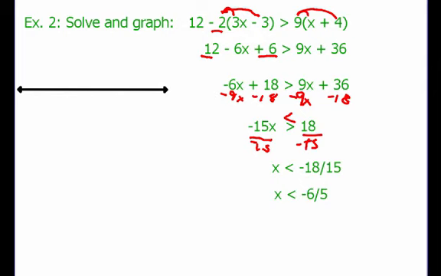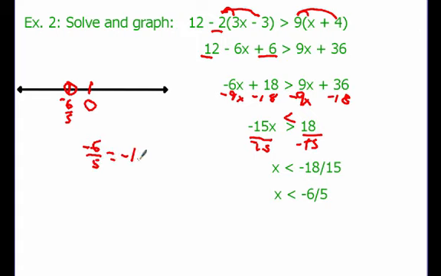So now let's graph it. Put my 0 on here. I've got a circle at negative 6/5. Because this is less than, it's an open circle. So now I need to think what numbers are less than negative 6/5. Well, negative 6/5,